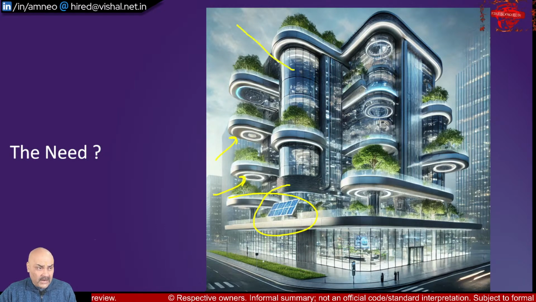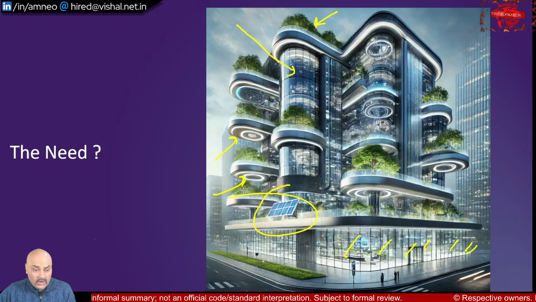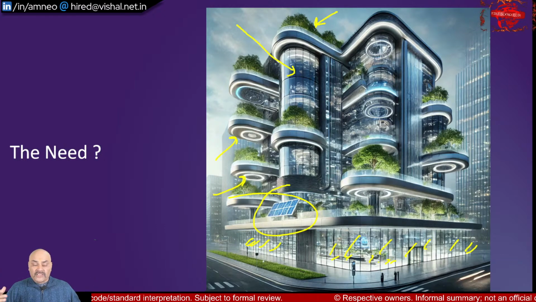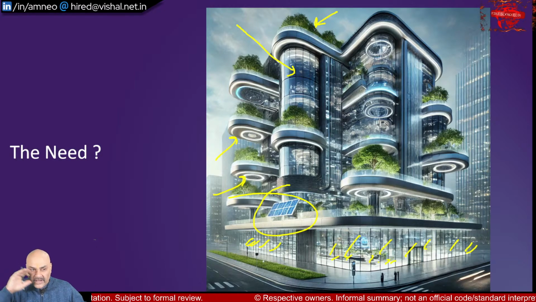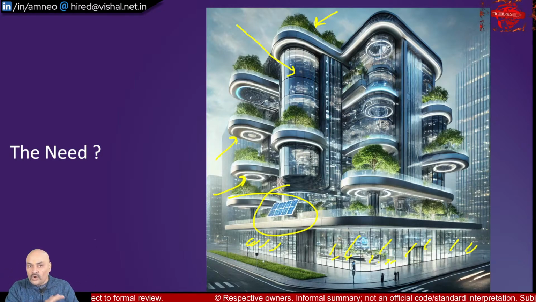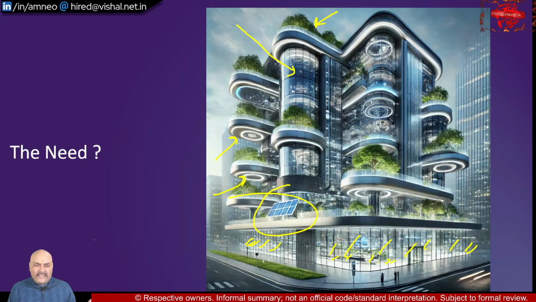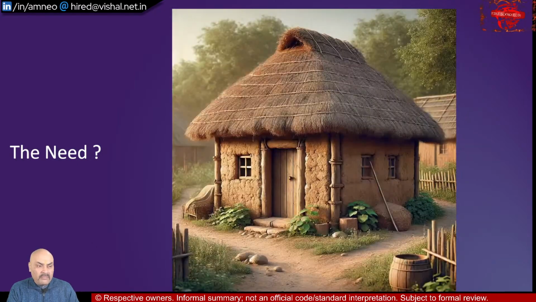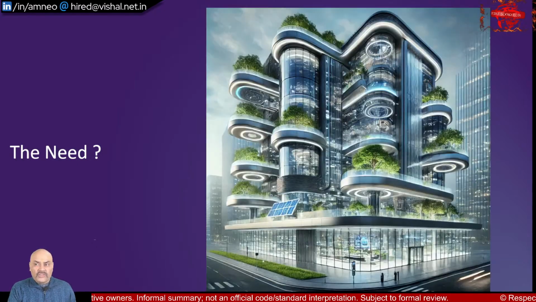You look at the facade, it's all glass. You look at, there's some vegetation also there, right? And you can look at the facade over here. It's all glass. Difficult to maintain temperature, right? Difficult to maintain. If this building is nearby the ocean, it's bearing a lot of wind loads as well, right? So the buildings are becoming very complicated. It's not as easy as our primitive hutment that was there, right? So we need to have these.